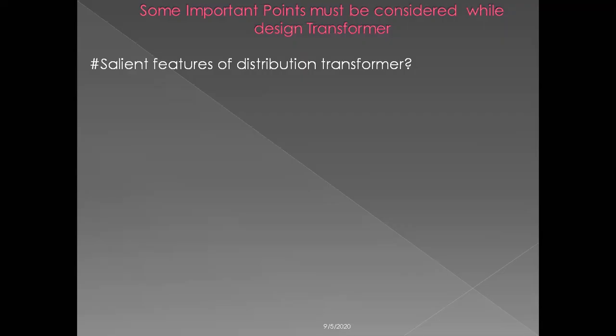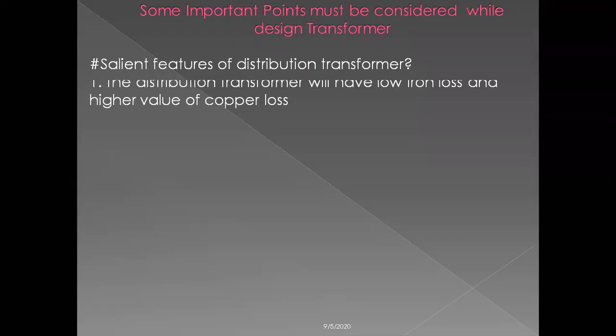Okay. The next will be the salient features of a distribution transformer. Now, what are the various features of a distribution transformer? And mind it, before discussing the salient features, I can tell you the distribution transformer is a transformer that will be installed in your localities, in substations, and in grid stations. And these types of transformers are step down transformers. That means whenever the word distribution transformer comes, you have an idea that it is a step down transformer. That means in the case of a step down transformer, your secondary voltage is always less than the primary voltage. So what are the various features?